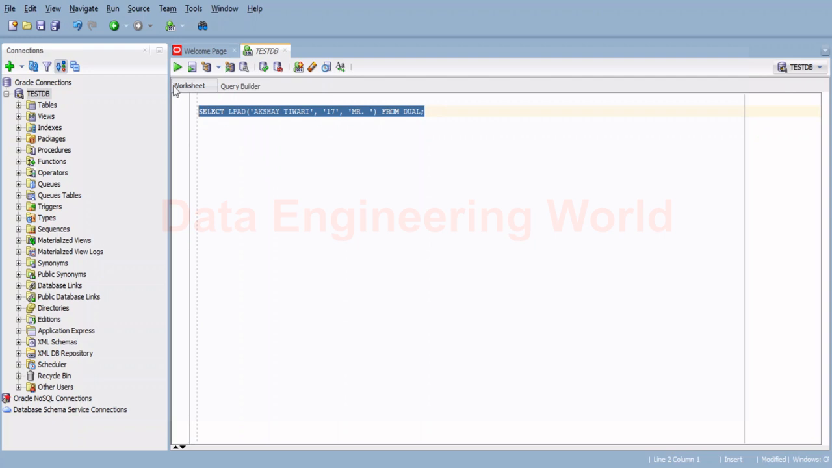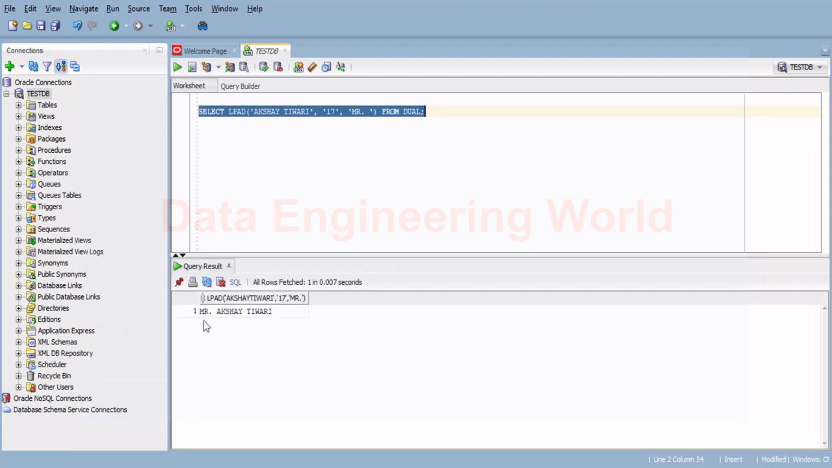So now let's go ahead and run this lpad function. If you look at the output, "Mr." and a space has been added to the left of the existing string. Similarly, if we want to add something at the end of the existing string, we use the rpad function. So here we have the existing string, which is Akshay Tiwari,